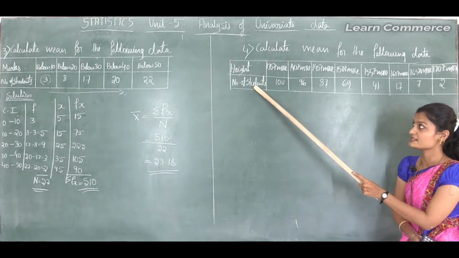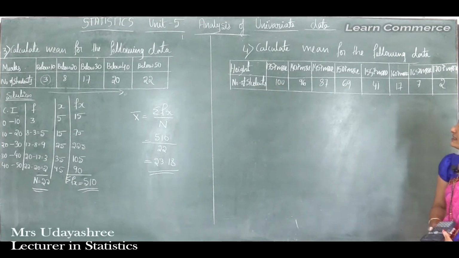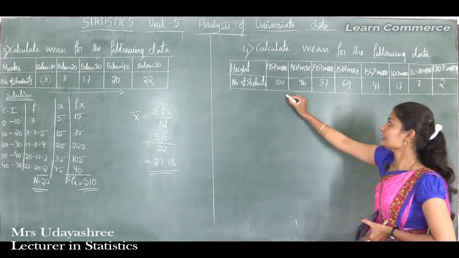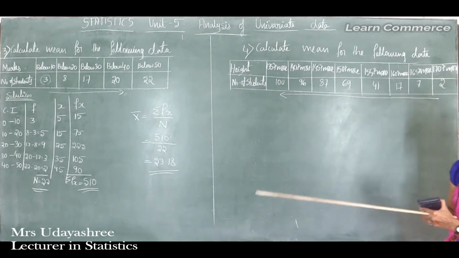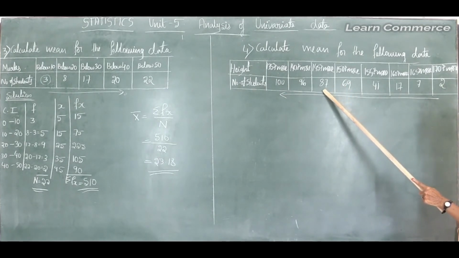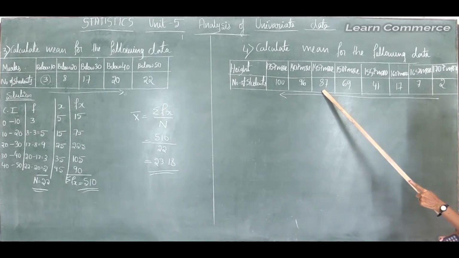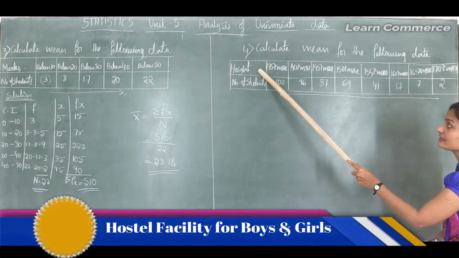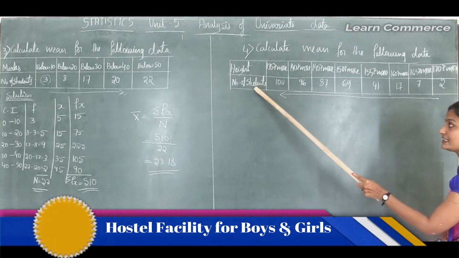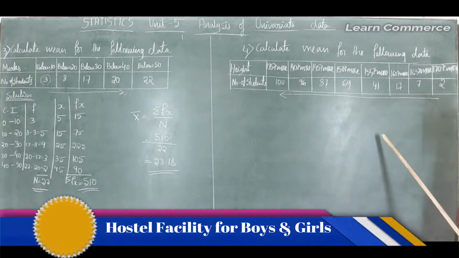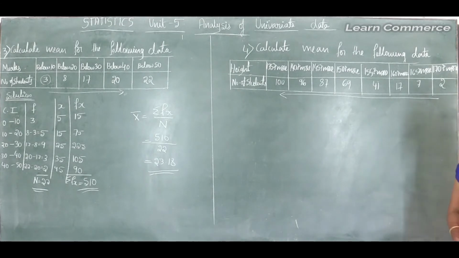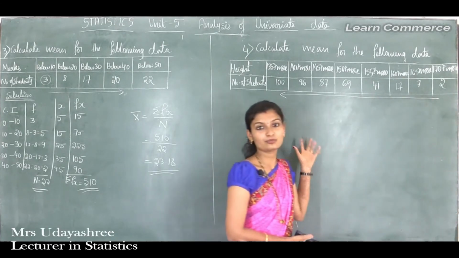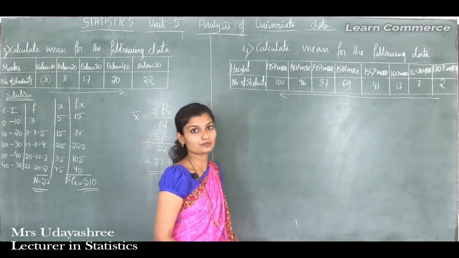See here number of students in the sense that is frequency. So here given frequencies are in decreasing order, in the sense, so here given frequencies are more than cumulative frequency. So here given class intervals are lower class interval, and given frequencies are more than cumulative frequency. In the sense these are more than cumulative frequency distribution. So therefore we need to convert this more than cumulative frequency into frequency distribution.